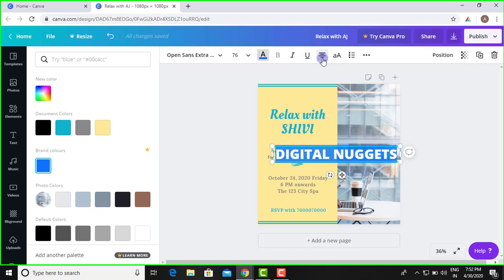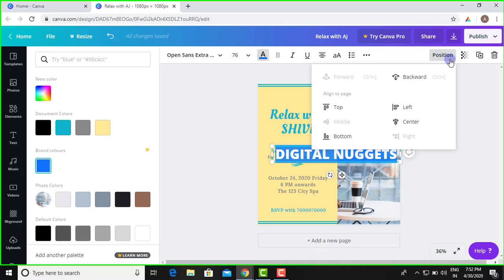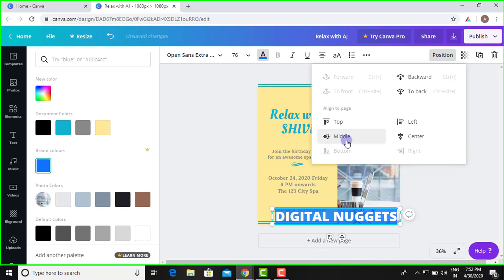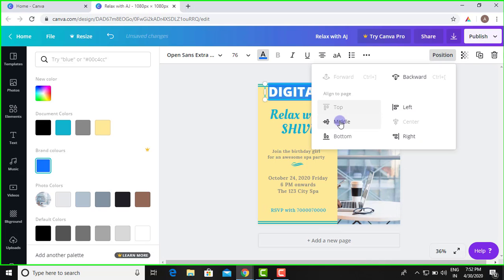And the thing you are seeing here around the cursor is alignment. So this is center aligned. If you move it to left, this is left aligned. Now this is perfectly using the whole space. And now this is right aligned. So I prefer center aligned, so we are going for center aligned. This thing around the cursor is used for adding points and so on. This is the position. You can go for top, bottom, left, center, middle. You can even move your text backward to a particular image. You can even move your text forward to a particular image.